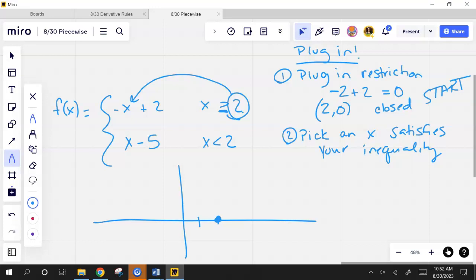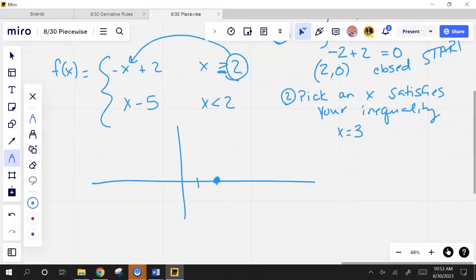Malaya says 3. I would agree with 3. Why could I not use 1 here? 1 is less than 2. I could use that on the second equation, but not on the first equation, okay? So if I plug in 3, I get negative 3 plus 2, which is